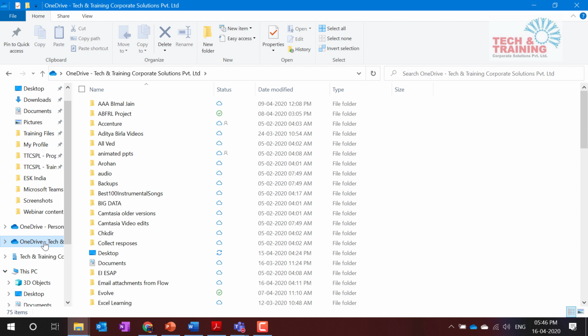I would recommend that you use OneDrive. You should store all the files in OneDrive. Do not store any file outside OneDrive. The reason is that when you store files outside OneDrive, you will not be able to recover the data, or back up that data online. Let me tell you one situation that I landed up in last month.